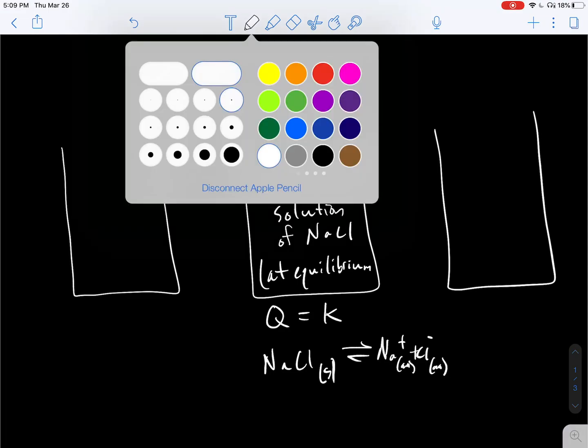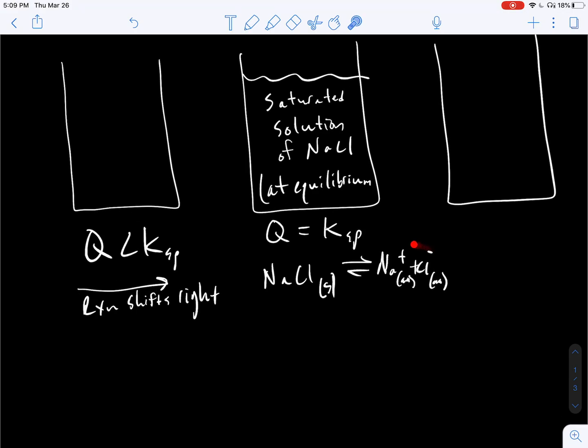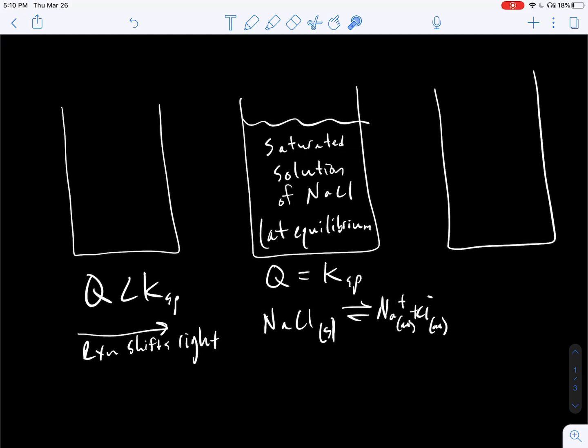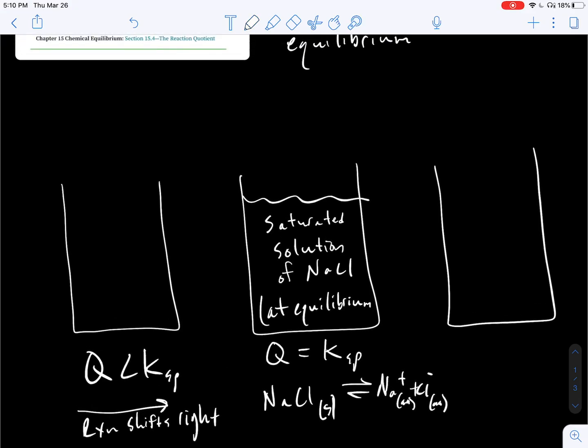Now, what would happen if Q is less than K, specifically KSP? This is the point at which reaction should shift to the right. What does that mean in the context of this equation? If we are not at equilibrium yet, Q is less than K, that means we're going to be dissolving NaCl. So if I add to this beaker, for example, sodium fluoride aqueous and calcium chloride aqueous,